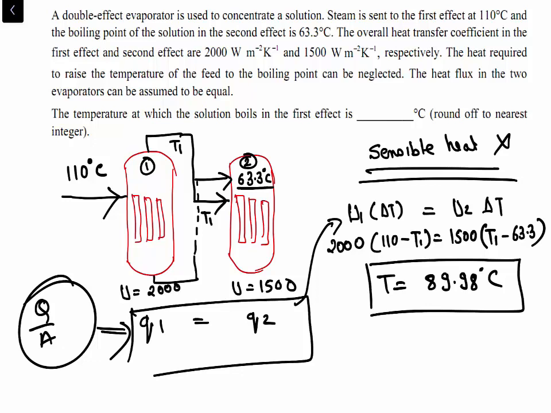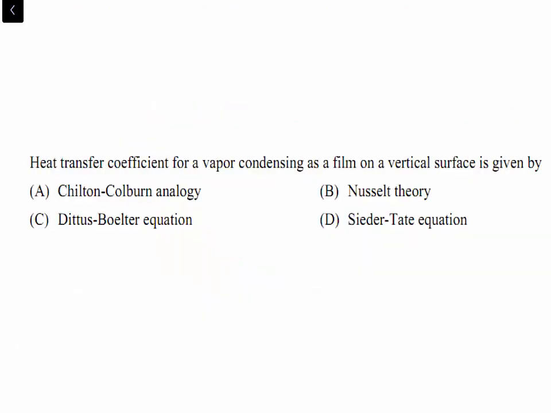This is a very good question. It is a double effect evaporator, and we use a double effect evaporator to improve the economy, as I've told earlier also. They have asked for the middle temperature, and both the other two temperatures are given. So just by equating we got this answer. Hope you have understood. Now the next question, from the heat transfer subject, is about the heat transfer coefficient of a vapor condensing film theory.